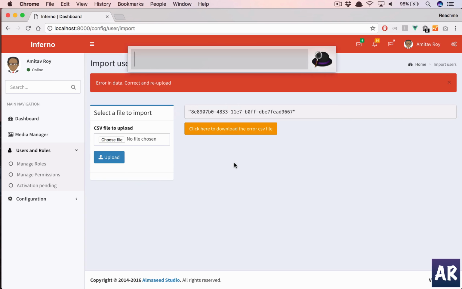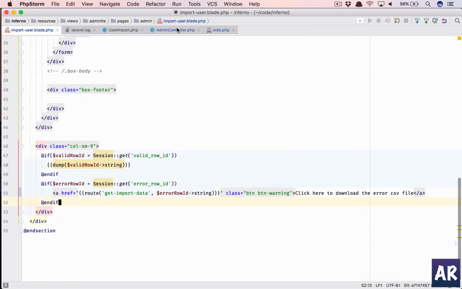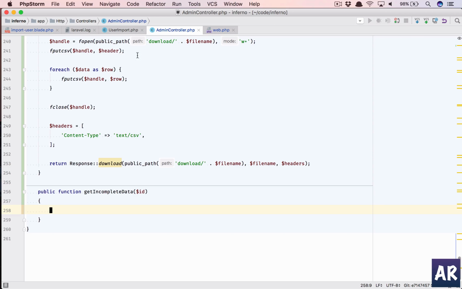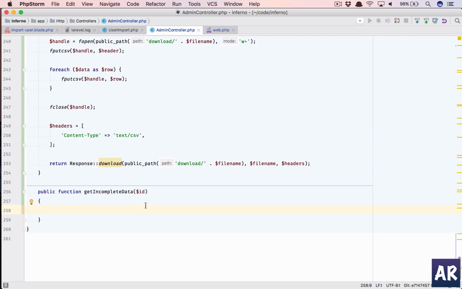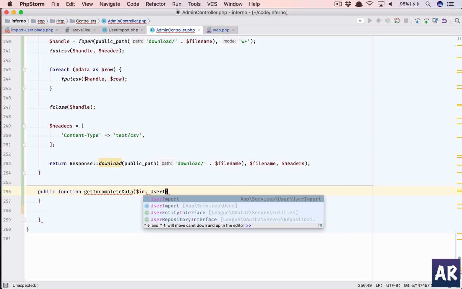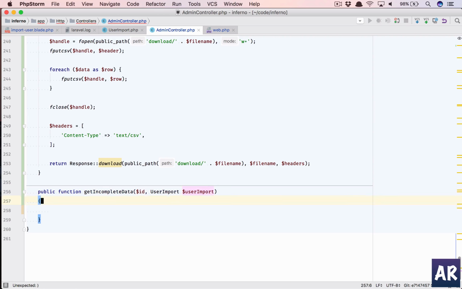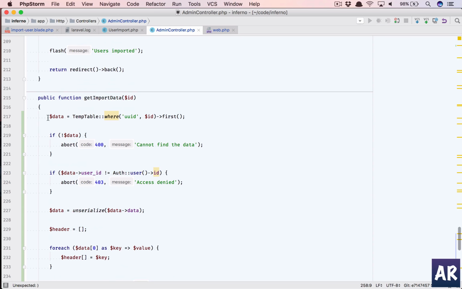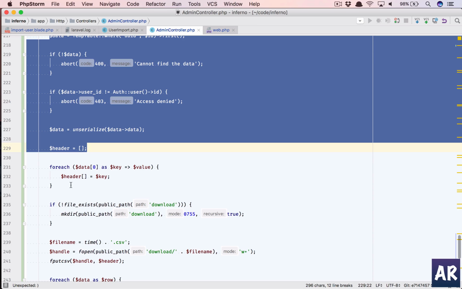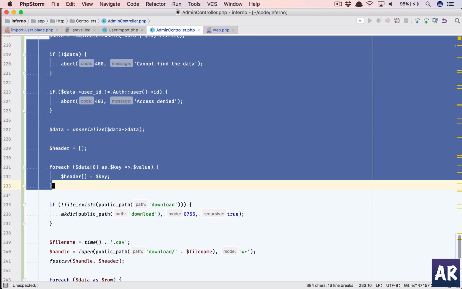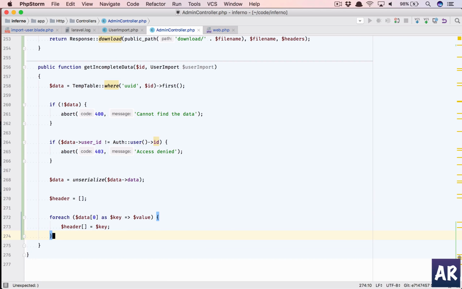right? So back to PhpStorm, in our admin controller, in here, by the way, we are going to use the same code. So this create users is the function which we are going to use, because we already have it. So user import, I'll just inject it. Okay, and we will do some basic validations here as well. So why don't we copy till here? So copy, and I think this is also required, so we'll just paste all the code from the top function, and now